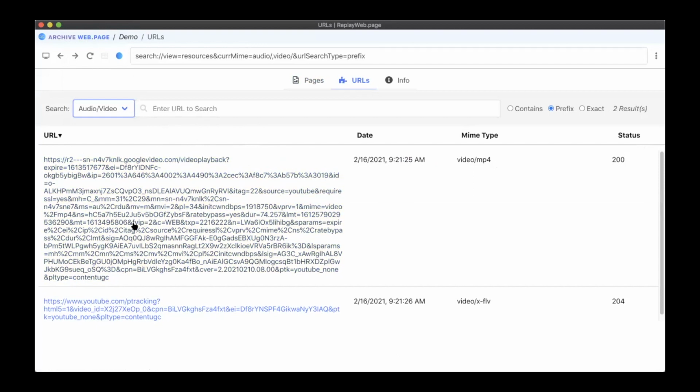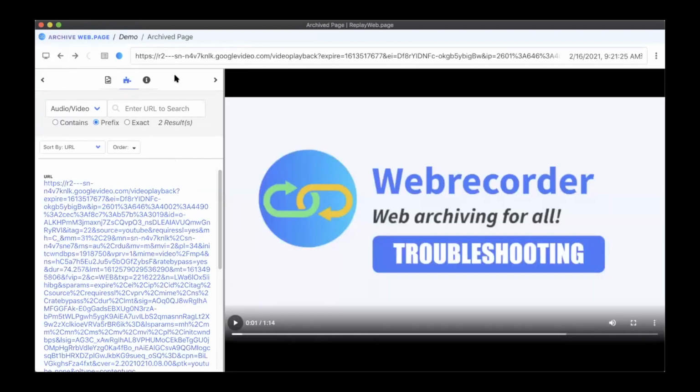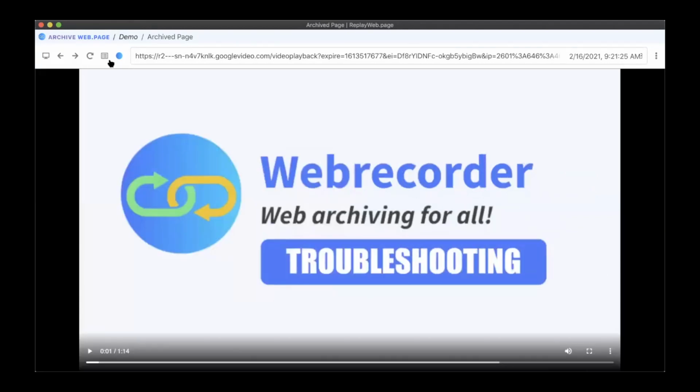It will always be a long URL that has video playback, and so you can just load that video like this. But if it doesn't do that,